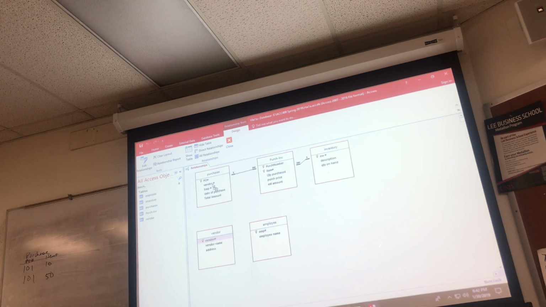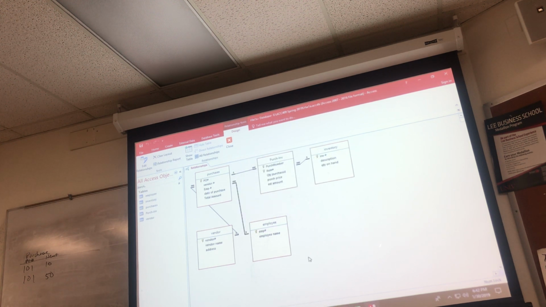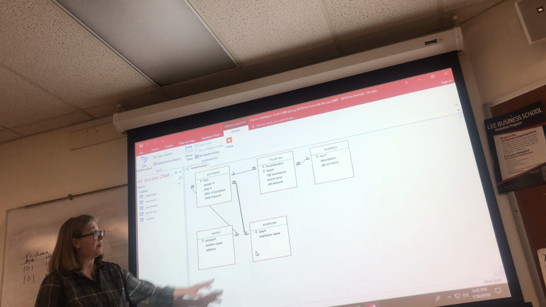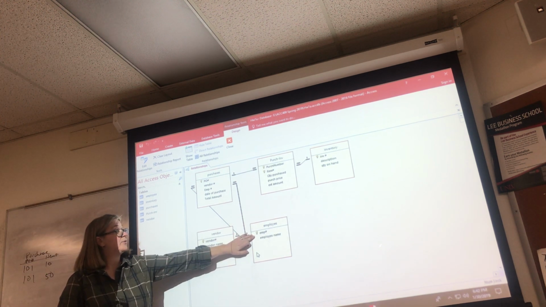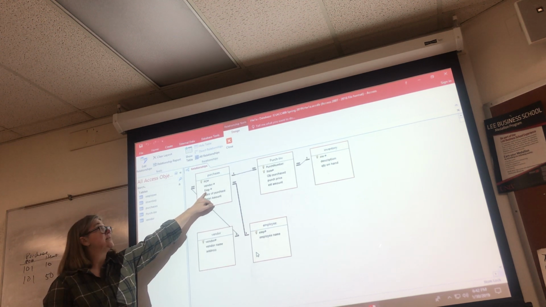Just gonna connect it up like this. Enforce referential integrity, boom, done. Employee name, so employee number to employee number, enforce, boom, I'm done, okay? So then that becomes the foreign key, right? The employee number on the purchases? Yes, so my primary key is over here, employee number, but in the table of purchases, it's a foreign key,